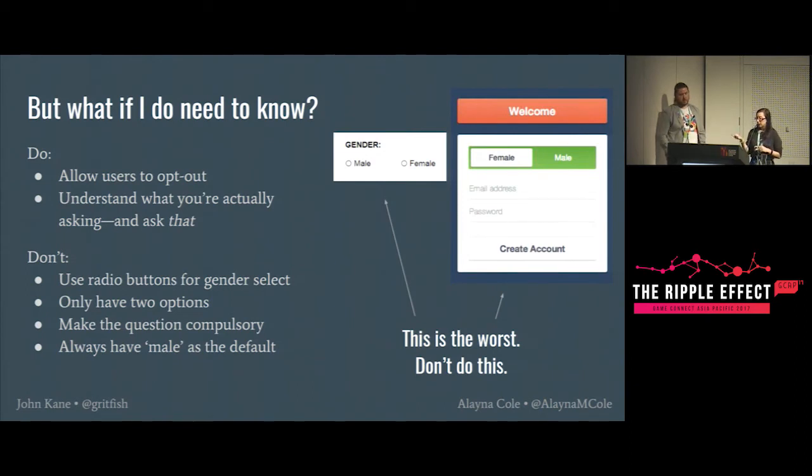Don't ask gender questions using radio buttons. And don't make it compulsory with male auto-selected. Because that, yeah, no. Not only is it bad UI and awful for users, it screws your data, because people skip it and then you get way more of whatever the default was, which is usually male. Also, if you set up a database and make gender a Boolean type, I will come and find you.